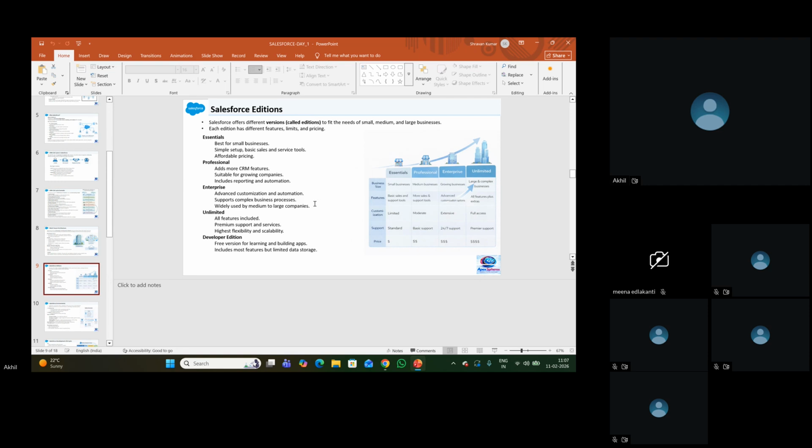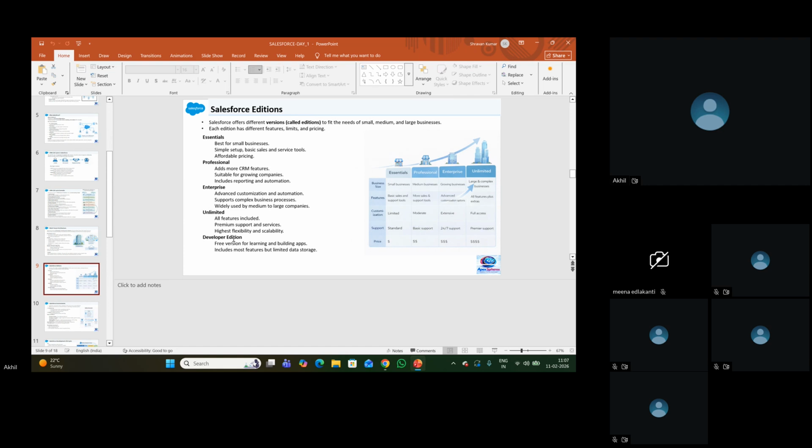Professional edition will have the editions in Windows software also. In the same way, based on the customer needs, the customer business type, and the customer budget, Salesforce has come up with some editions. So most of the time we'll go with unlimited editions only. Full access in this unlimited edition will have SaaS, PaaS, and infrastructure as a service.